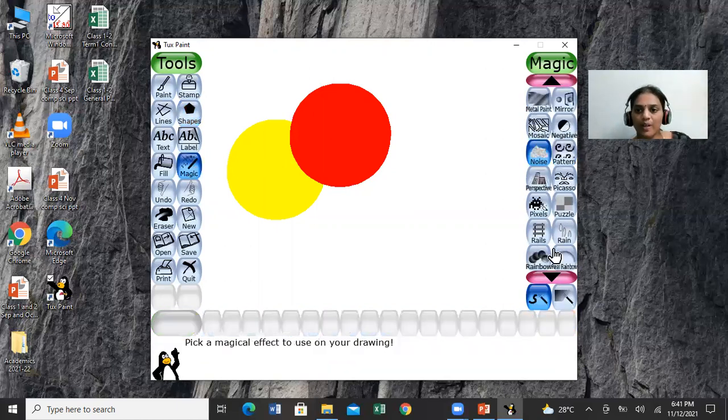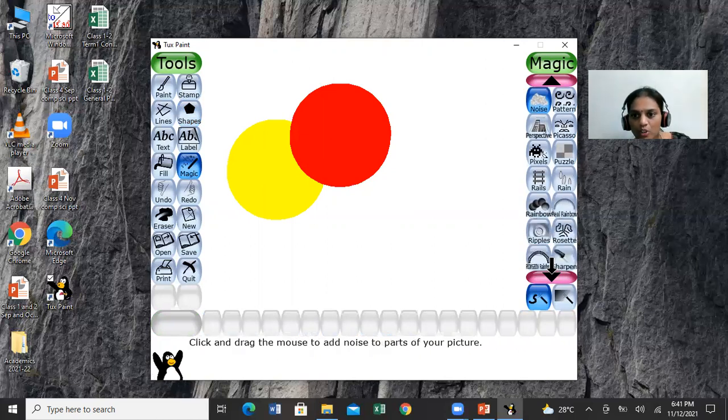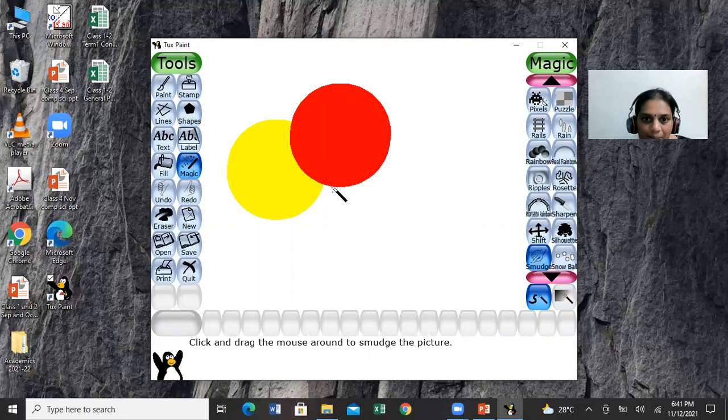So click on the magic wand tool. Again, move on to the subtool box. You have an option called smudge. Click on that, and with the help of the magic wand, you can just smudge. Can you see? I'm smudging the edges of both the things. Can you see the effect?